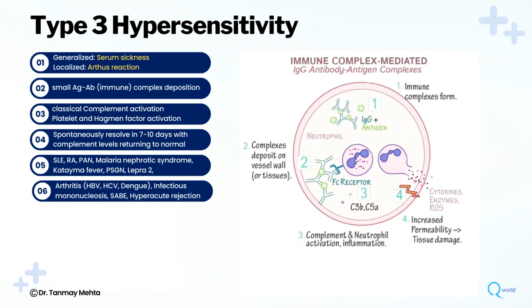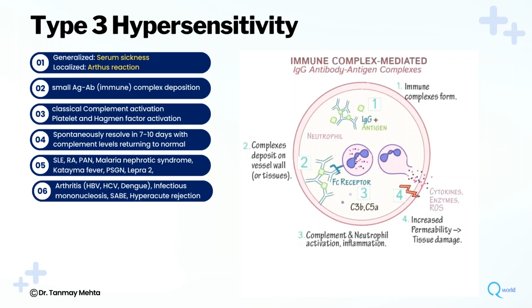But in the early situation where antigen excess is there, these small immune complexes travel through blood and get deposited in various sites. During that phase, if complement mediated lysis or Fc receptor mediated inflammatory reactions are produced by immune cells, then you have type 3 hypersensitivity. If this reaction is localized, we call it Arthus reaction. Arthus reaction is a localized area of tissue necrosis due to vascular inflammation, or vasculitis, due to this immune complex. For example, you can see it in skin following insect bites,